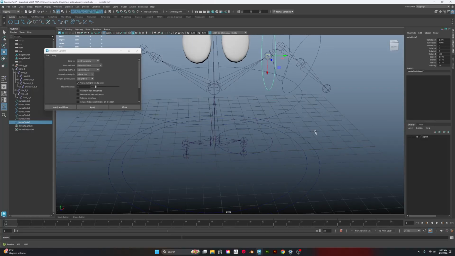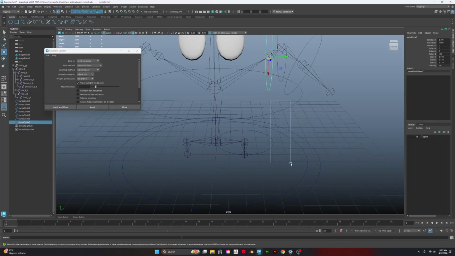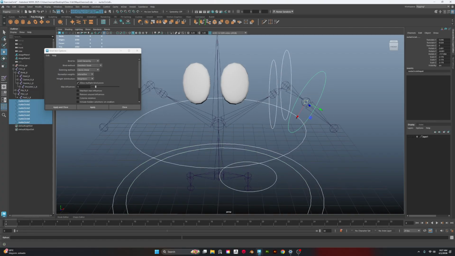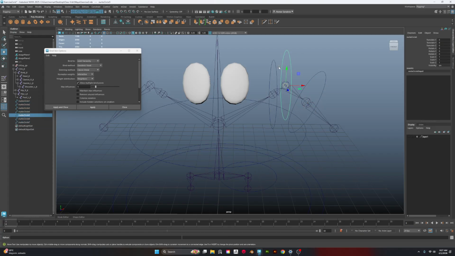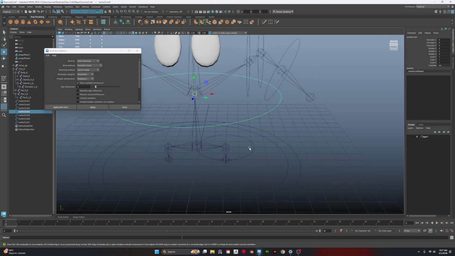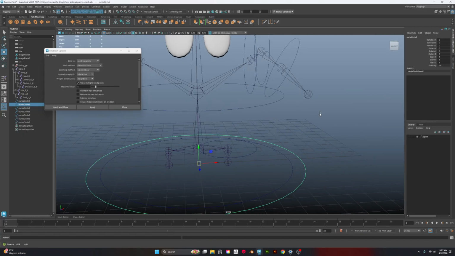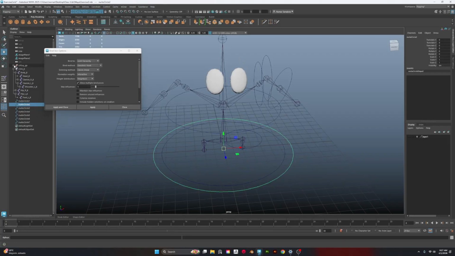Right. And then super important, we're just going to select everything, and we're going to head over to poly modeling and then press freeze transformation. We want these orientations to be the permanent position for these models. So if you have any transformation data, any translation data, that will impact the model. So make sure that that is set to 0. Everything's frozen. Now I'm going to turn back our model,